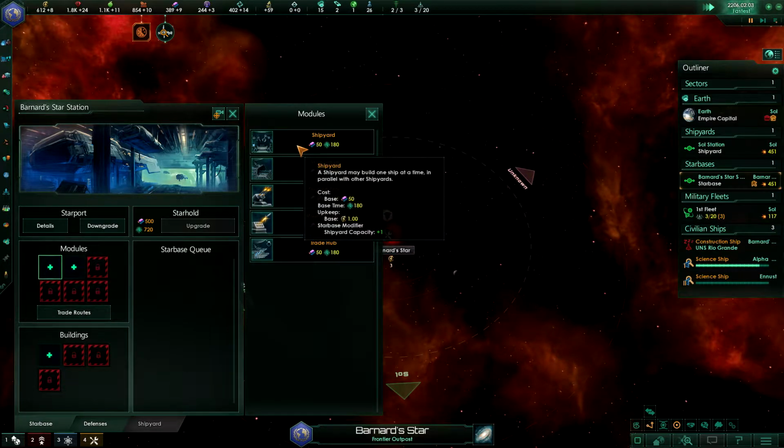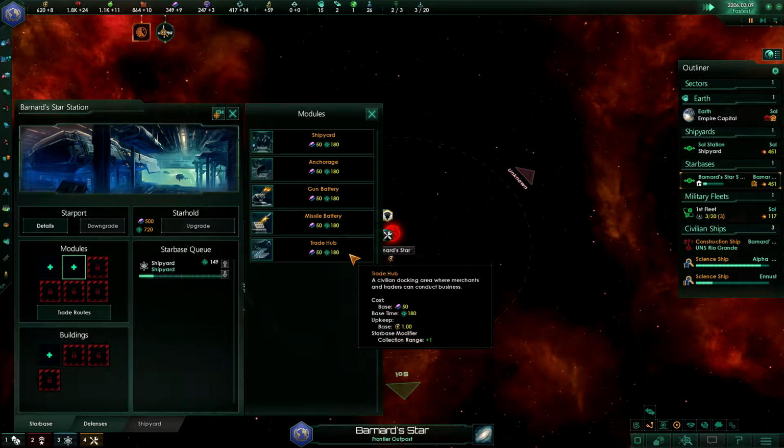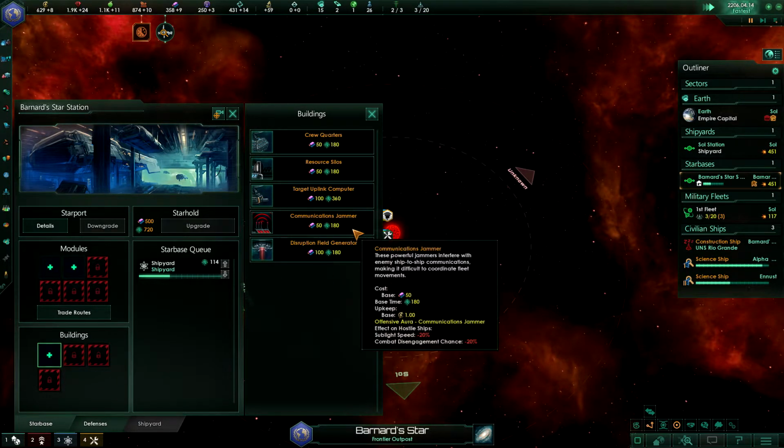Module. I want a shipyard. Let's go ahead and do that. And I don't want a trade hub there yet. But let's go ahead and do...